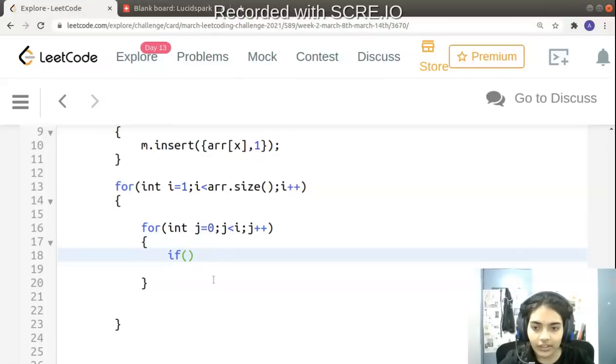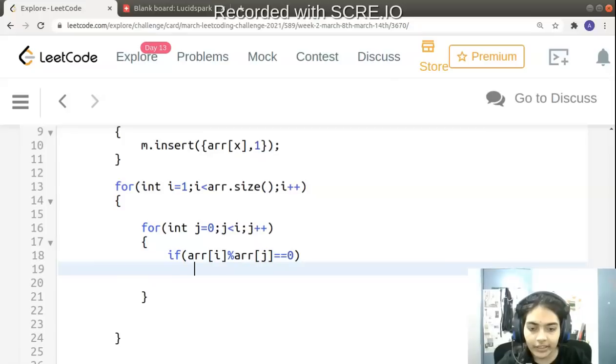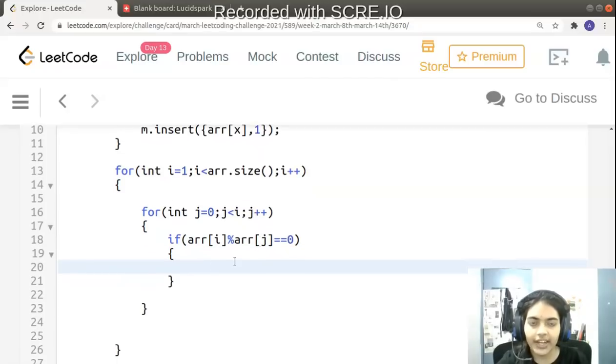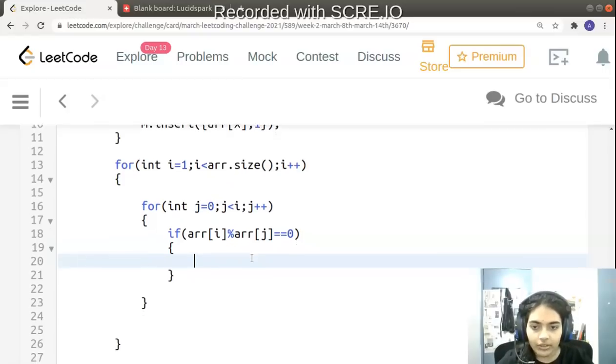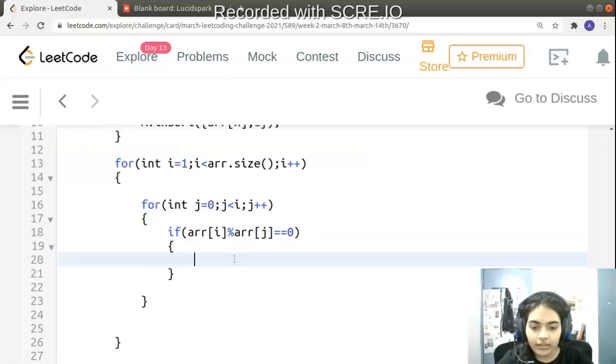So the condition is: if array of i mod array of j is 0, so if it divides completely, there can be a chance that we can find that particular value in the map. So let me declare auto it equal to m dot find array of i by array of j.